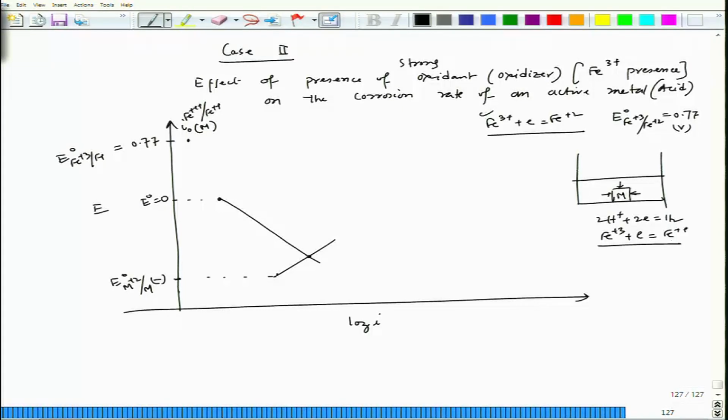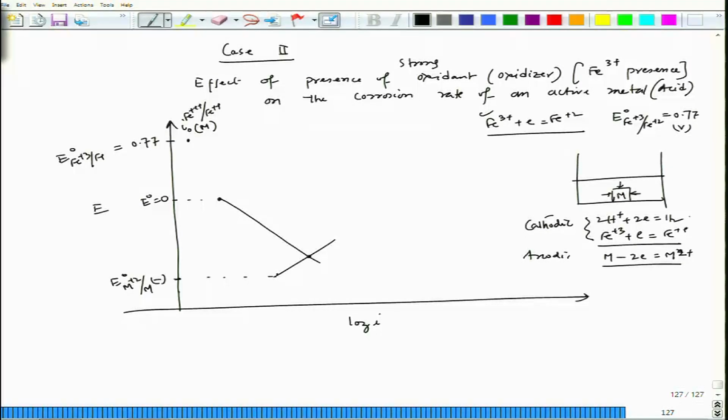And the dissolution reaction to M2+ is my anodic reaction, and these two are cathodic reactions. So, you could see that this entire corrosion process is divided into one anodic reaction and two cathodic reactions,